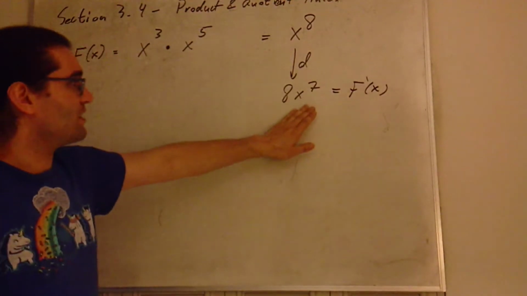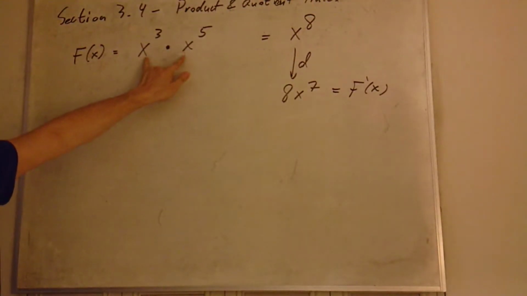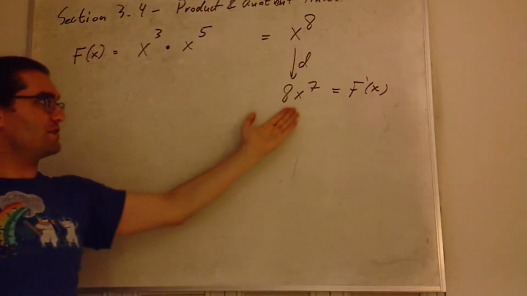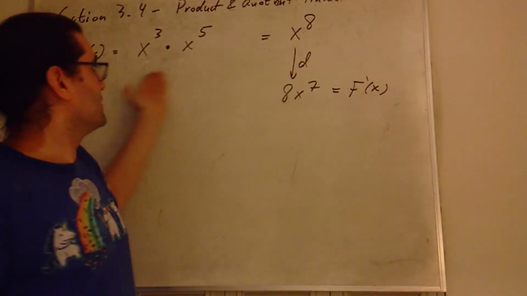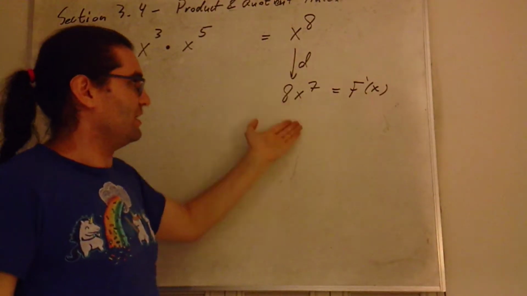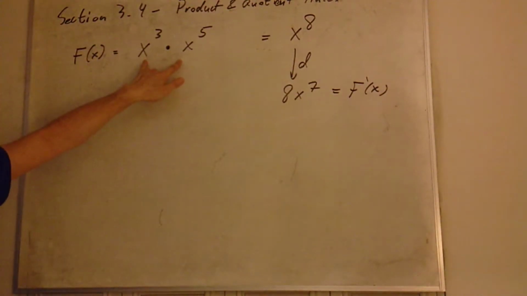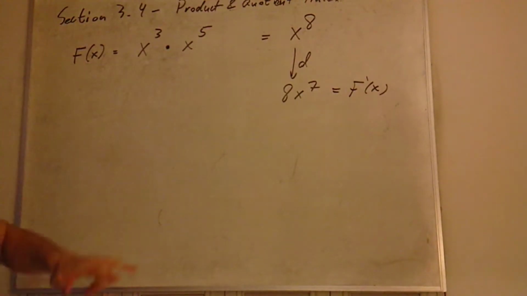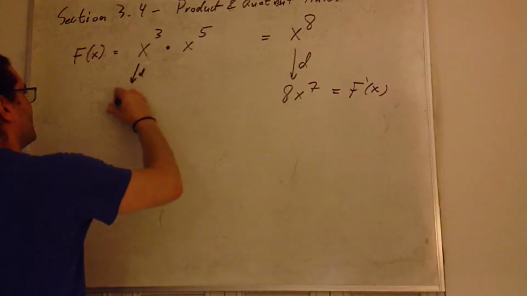This is going to help us out a lot because we can go back to this as originally written as a product, and we can experiment with these things and see what we need to do in order to arrive at the correct answer. We know that this has to be the correct answer. It's very straightforward if you just simplify it and then take a derivative. So we know where we need to get to. Now we can come back to where we started and figure out how we can get there while still treating this as a product. So for now, let's see what happens if we just take the derivatives of these things